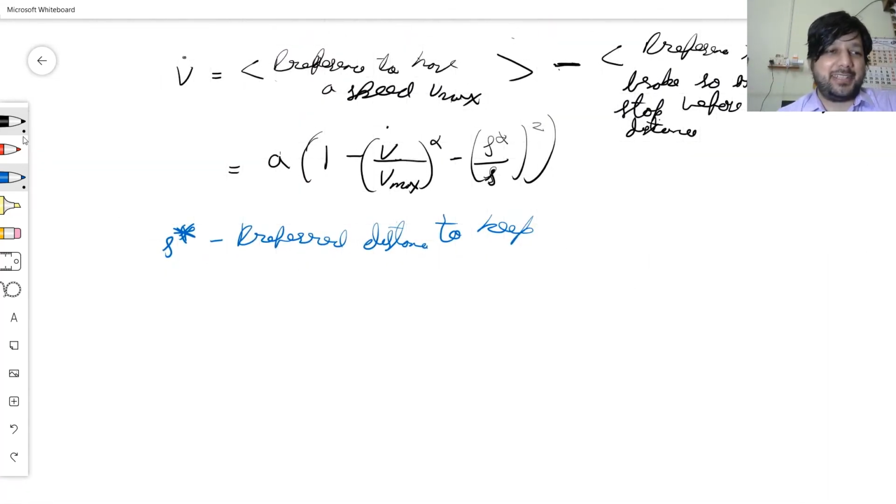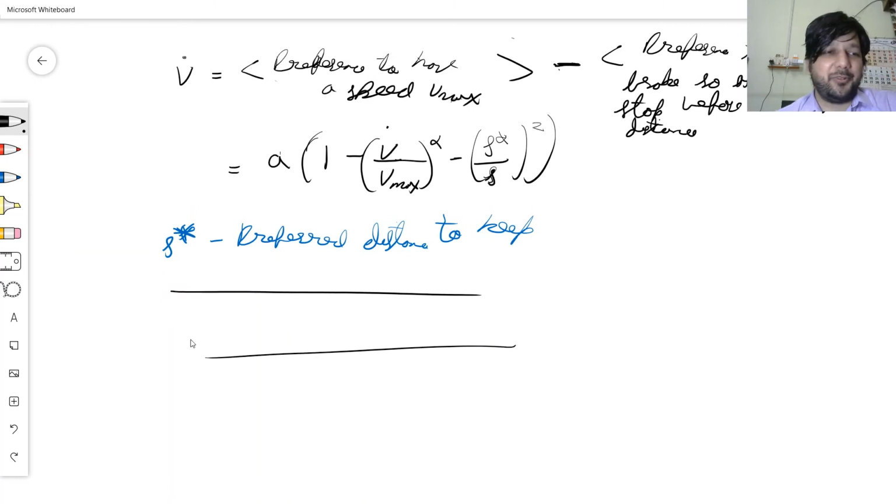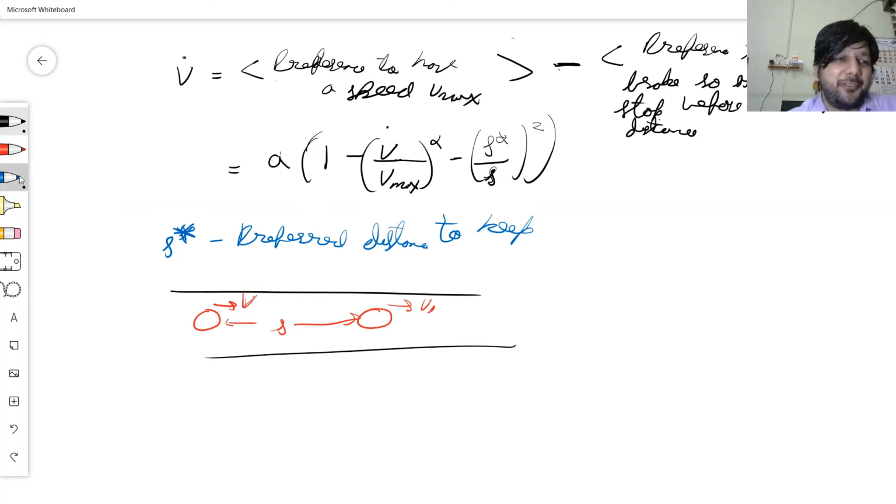So let's calculate S star, the same road and the same scenario. And this time, let's say this one is moving at V1. Using all these factors, I'll say what is the space gap that I should keep, what's the preferred distance that I should keep. Now, first of all,